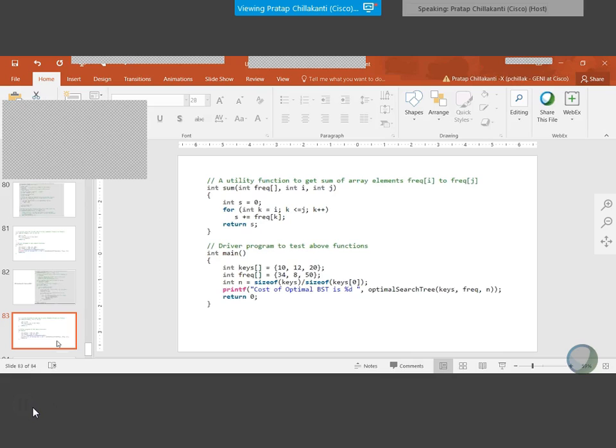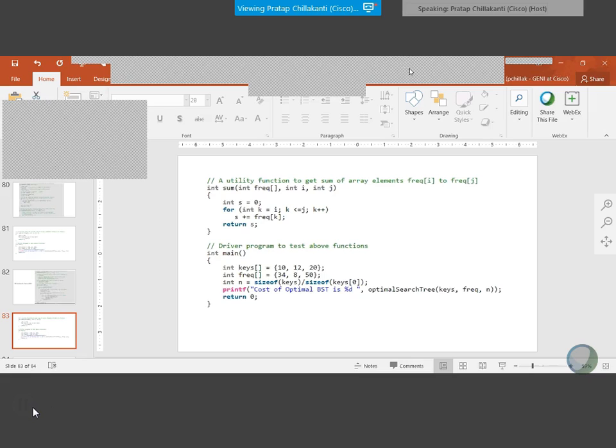One variation gives you some answer. The second variation gives you another answer. Ultimately, what are you printing? Cost of the optimal BST. So I want you to take those two algorithms, work in groups of 2 or 3, and tell what the answer is when you do the first way and when you do the second way. Okay? Does everyone understand the question?